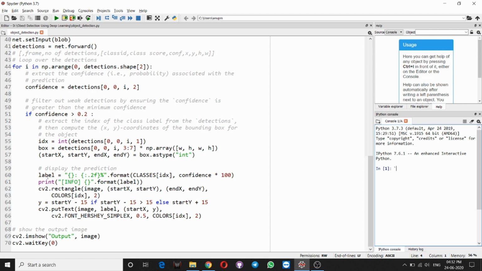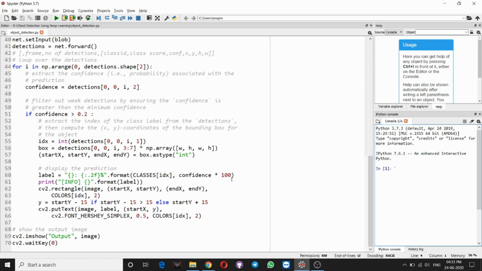For this we create a variable called label, which is equal to a string using the format method. In the first curly bracket we pass the name of the class at this particular index, and second is the confidence times 100, which is the confidence of the detection, and then we will print this label variable.